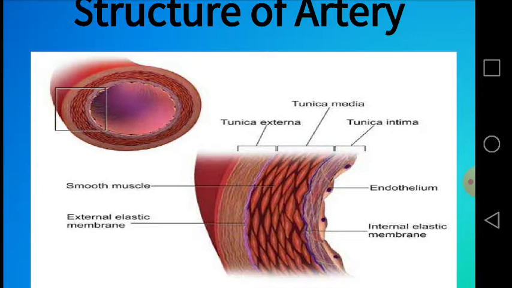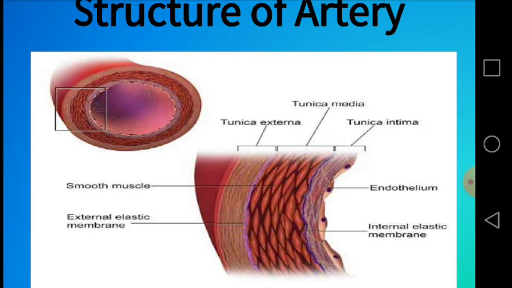As they approach the organs of the body, arteries divide to produce small vessels. The smallest ones, which carry the blood into the organs, are called arterioles. They are similar in structure to large arteries, but have a high proportion of muscles in their walls. The walls of the arterioles carry nerve endings which can cause the arterioles to constrict or dilate, controlling the amount of blood passing through an organ.